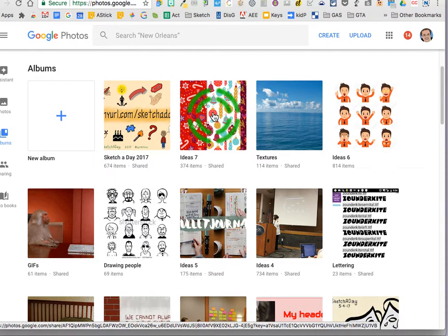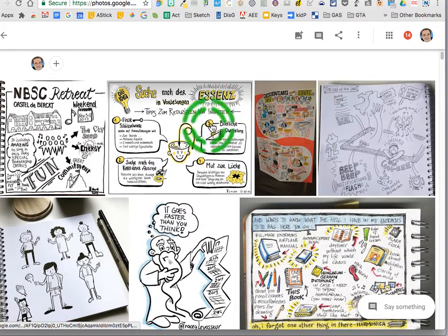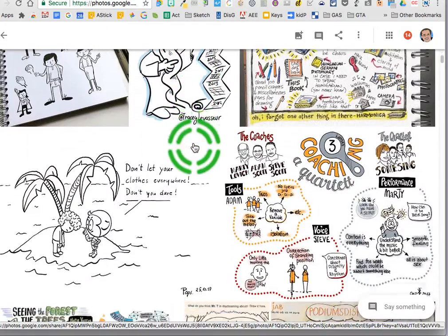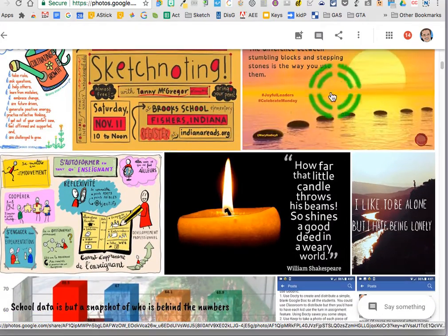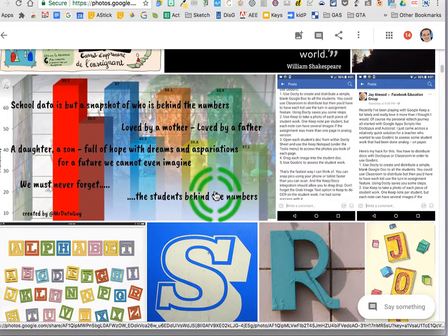So if I find things that are interesting, I will drop them in an album, whether it's a sketch note somebody does, or a quote that I like, and then I will come in here when I'm trying to think, what do I want to sketch next for my sketch a day, and I'll find something, and I'll either bring it in and trace it to get started, or